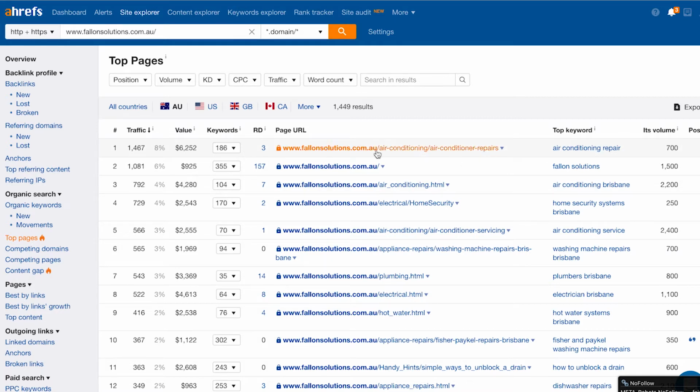So it's saying here that the most important page for this website is /air-conditioning/air-conditioner-repairs, with the top keyword "air conditioning repair", and it's saying that it on average gets 1,400 traffic a month, and the value of that is $6,252. In this keyword, there's 186 keywords linking to this page. So this is really useful to know, so you can see which pages you should be focusing on,